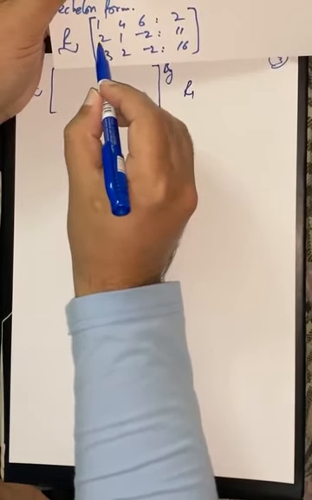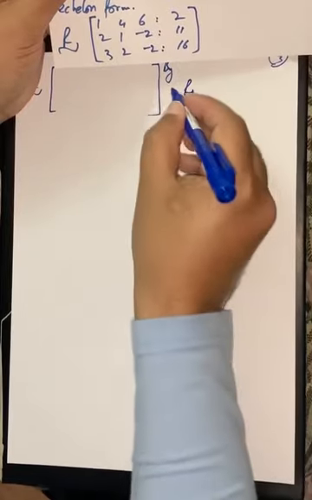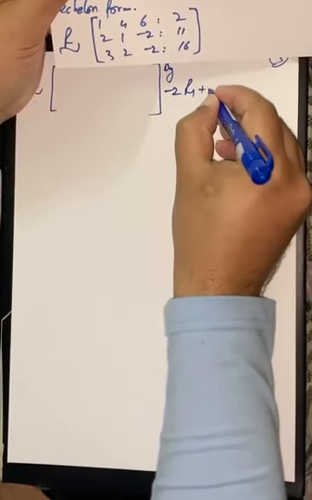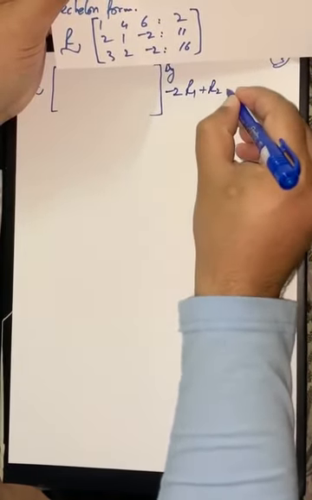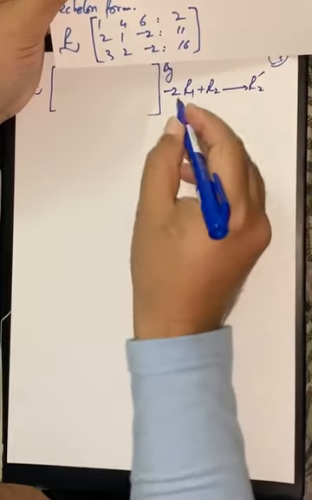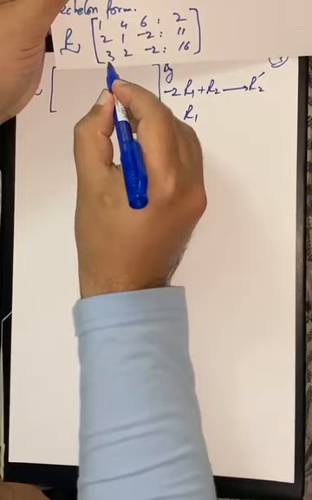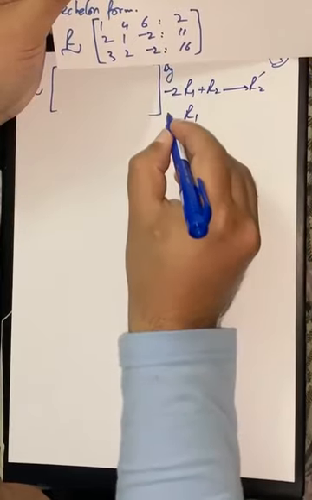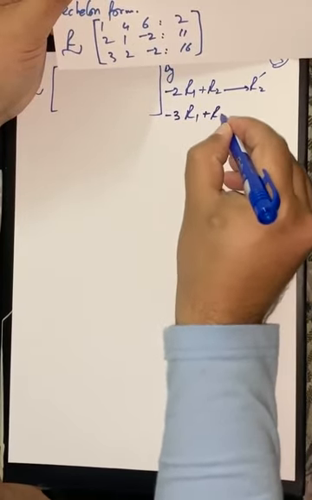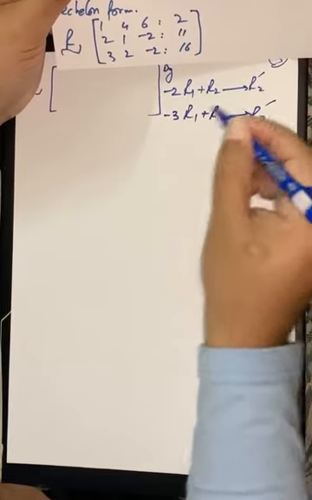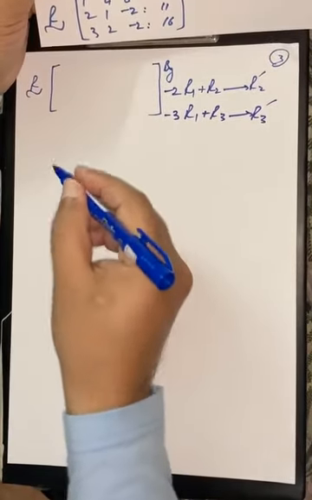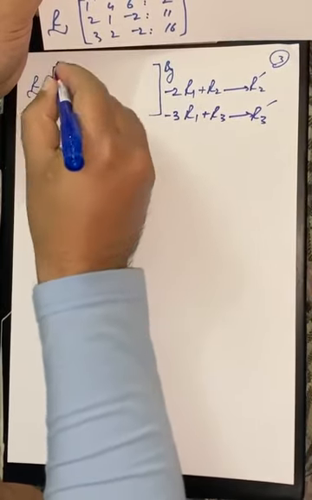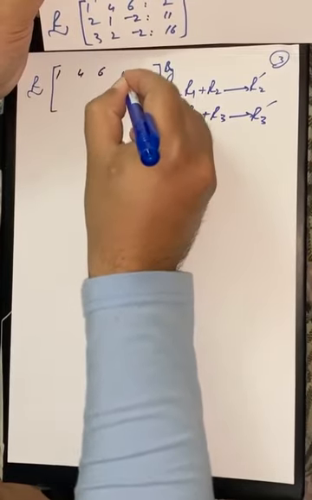In row 2, this is positive 2, so I change the sign: minus 2 multiplied with row 1, added into the second row where we want to make 0. It becomes row 2 dash. Now for the same row 1, this is 3, so we multiply row 1 with minus 3 because here is plus, we change the sign. We multiply with minus 3 and add into row 3. It becomes row 3 dash. Now we proceed. There is a change in the second and third rows, no change in the first row.